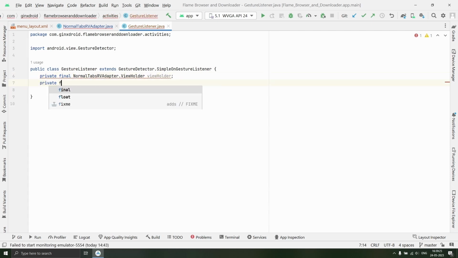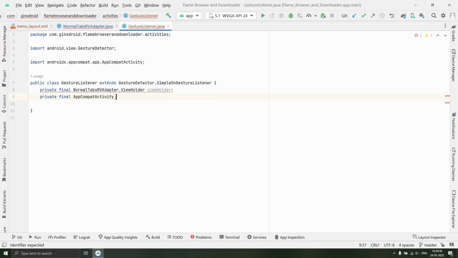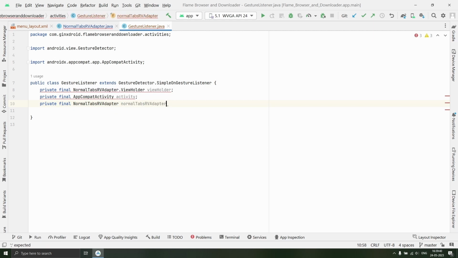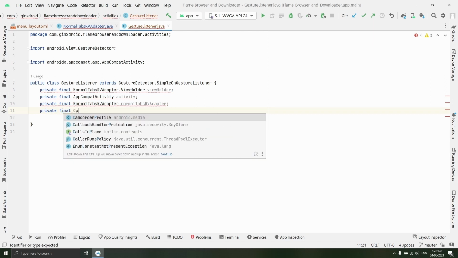Then we will declare private final app compat activity, then private final normal types RV adapter, then private final context,